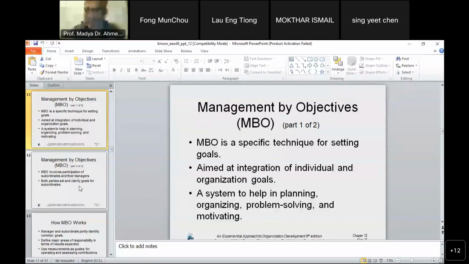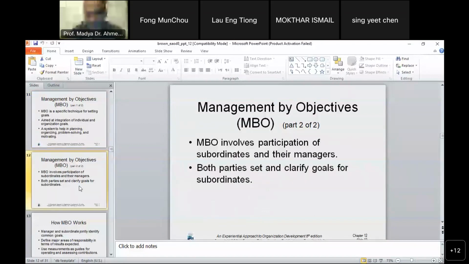This system will help plan, organize, solve problems, and motivate staff. How? Because it will involve the participation of your subordinates along with the managers, and both of you, managers and employees, are going to decide on what kind of goals. Everyone has to have a clear goal, and how it works, again, is that jointly they work together to set